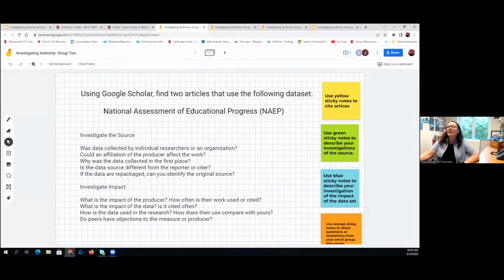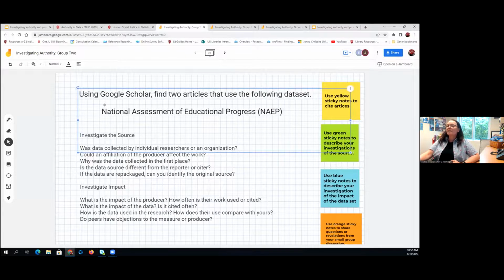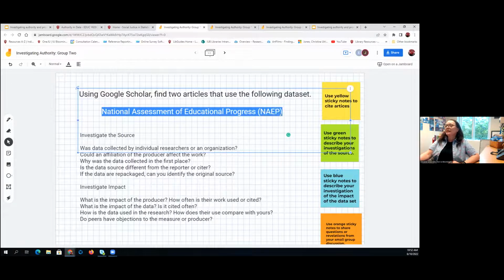So what I did for the discussion is I identified a data set that's typically used, especially in education statistics. It's the National Assessment of Educational Progress.